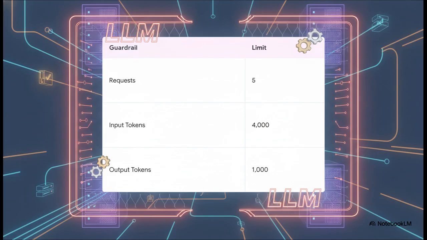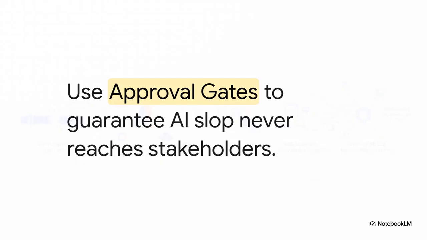By defining a usage limits object right inside the task, if the model hallucinates or gets stuck and tries to exceed 5 requests or hit our token limits, the task simply fails. Hard stop. That hard boundary is exactly what protects your system from catastrophic billing surprises while you're generating those stakeholder digests.